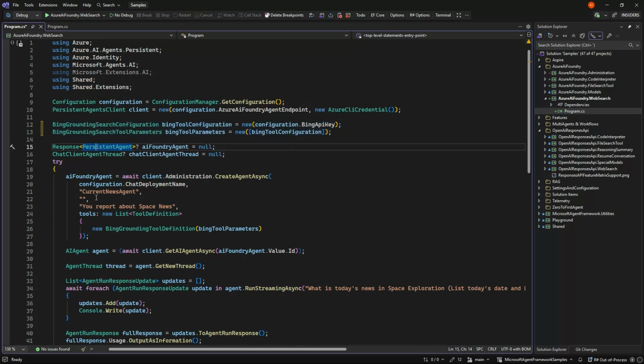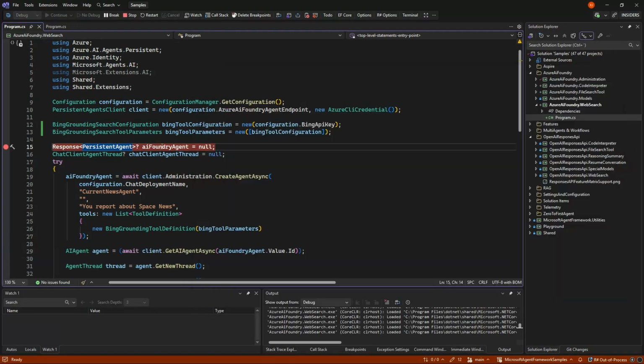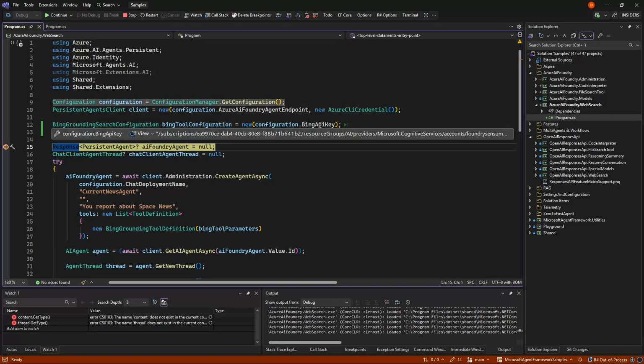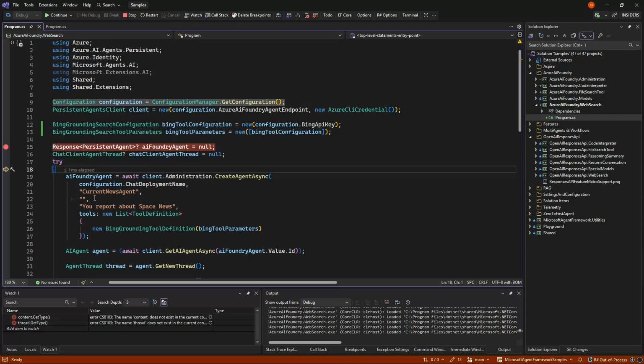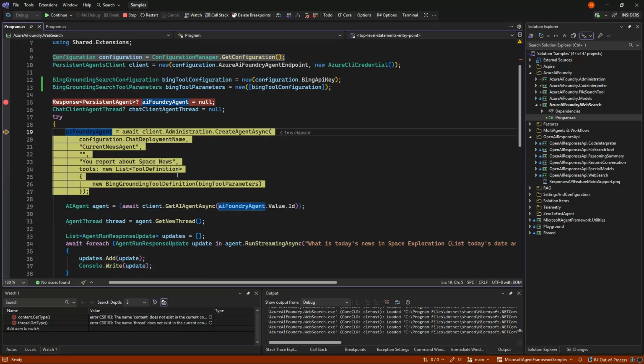because now if we run it here, set a breakpoint, and as you can see, this is the long string that we talked about. We then new up an agent. We tell it that it is good at space news in this case.